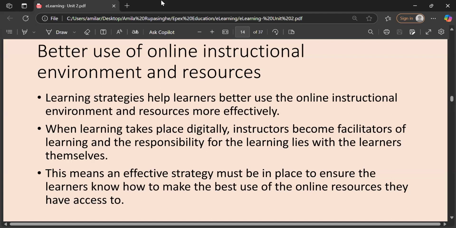If we don't have online textbooks or online materials and we just ask them to read, it doesn't work, right? So we make the resources, we include the resources and facilities for them, and we ask them to read them. Also, we can share them, upload them to the LMS and give them access to the LMS. Likewise, we can use some kind of strategy.